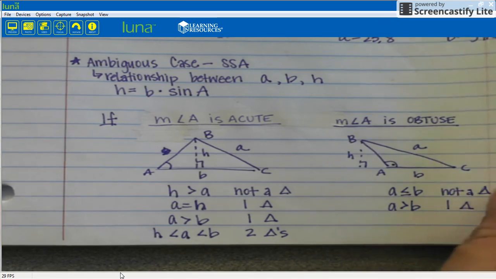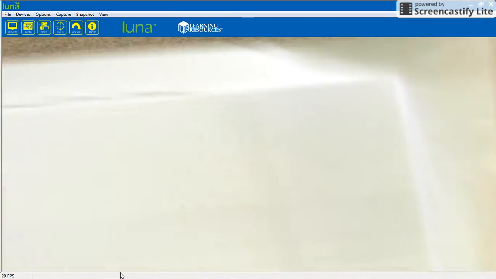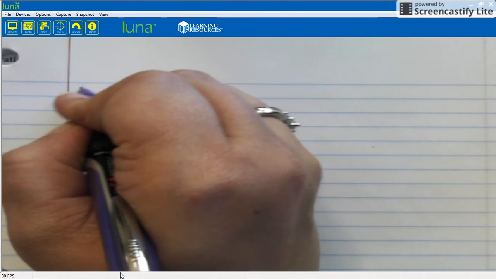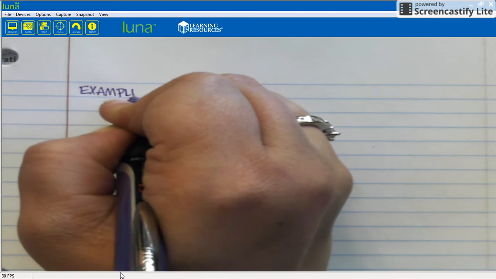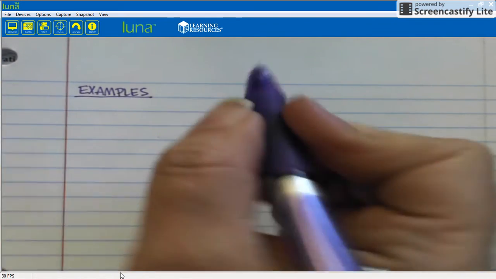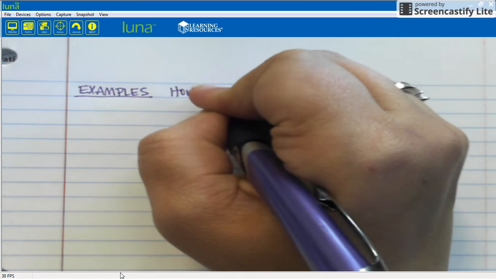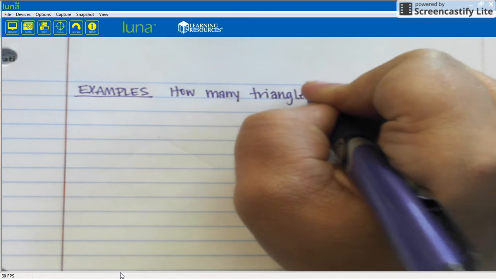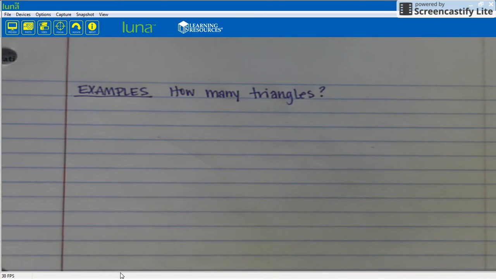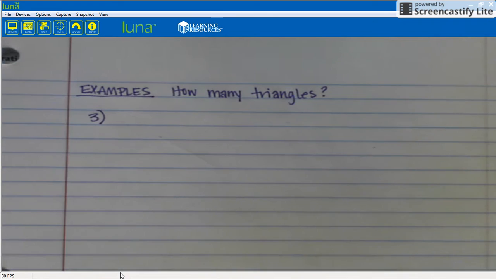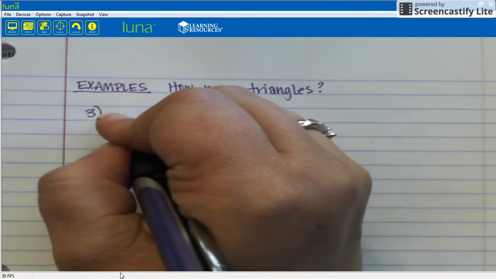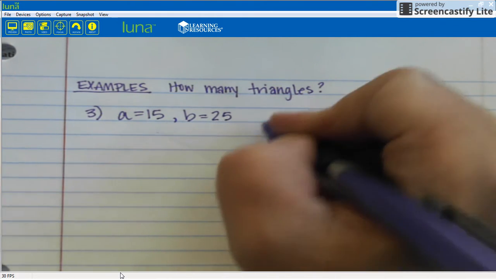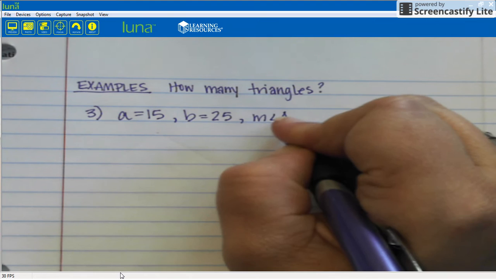So what does that look like exactly? Well, normally when they ask you this question, they're just simply asking you how many triangles can be formed. So if we look at a few examples, you are going to determine how many triangles. This will be example number 3 for us because we've already done 2 examples. If I tell you that A is 15 and B is 25 and the measure of angle A is 85,